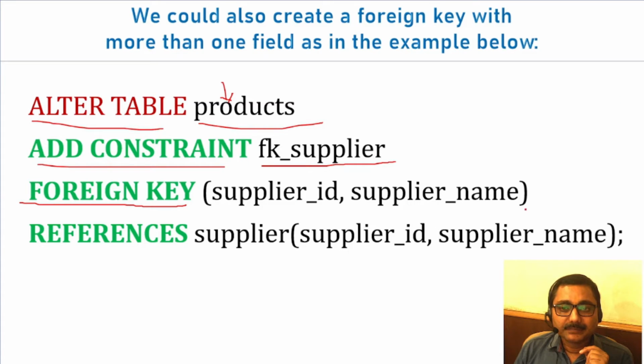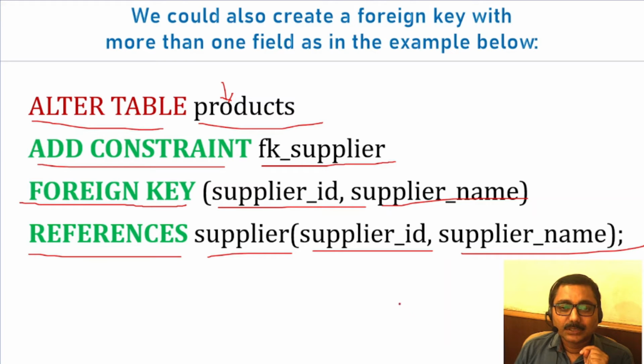Supplier ID and supplier name. This is the foreign key column, and it is going to refer to the supplier table for the columns supplier ID and supplier name. So these two are the primary key, you can say one is the primary key, another is the normal key, and will be referred in the product table, and these two are the foreign key. Means for any value in supplier ID will be referred from here. For any name in the suppliers will be referred from here.